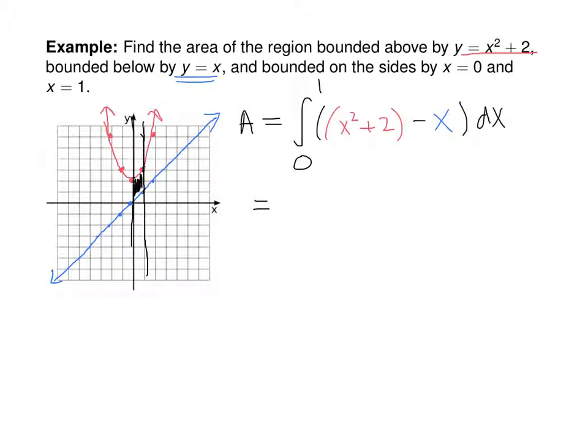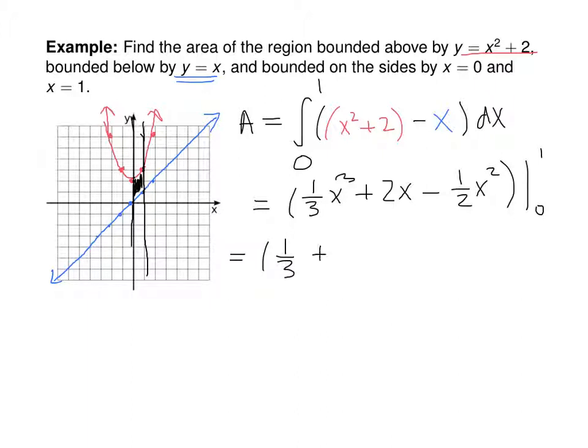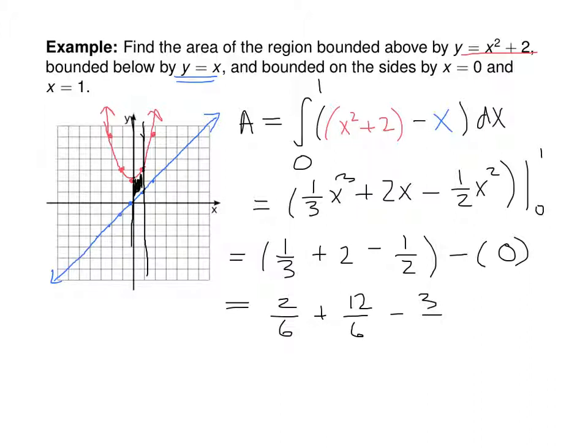So the antiderivative is 1/3 x cubed plus 2x minus 1/2 x squared, from 0 to 1. So first plug in 1. So we'll have 1/3 plus 2 minus 1/2 minus 0. So getting a common denominator, 2/6 plus 12/6 minus 3/6